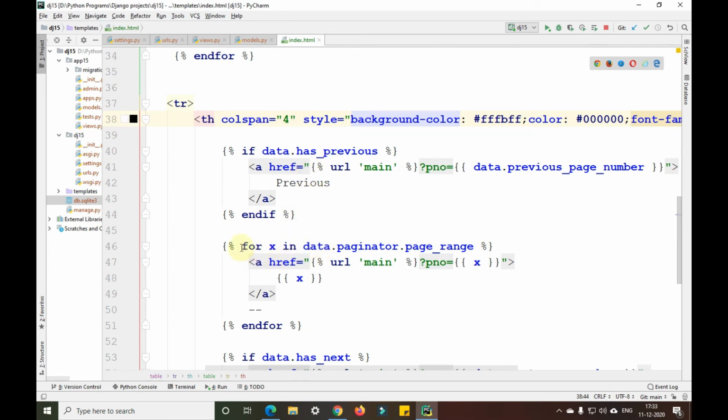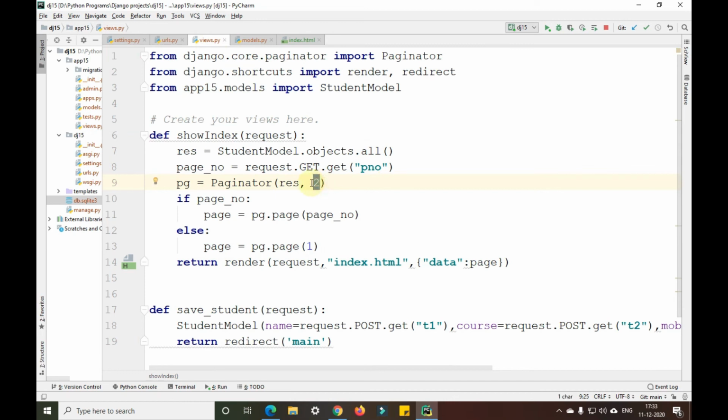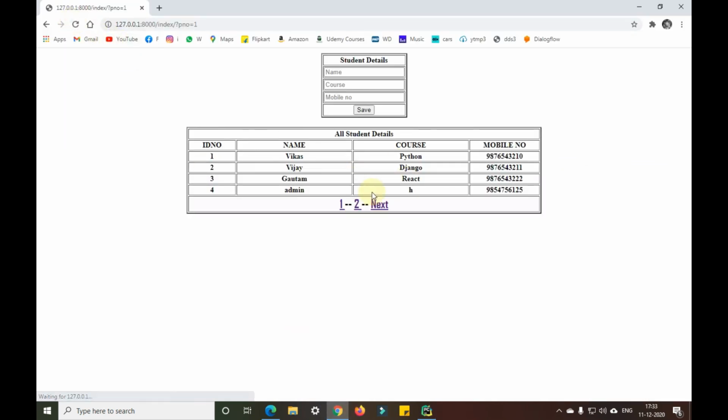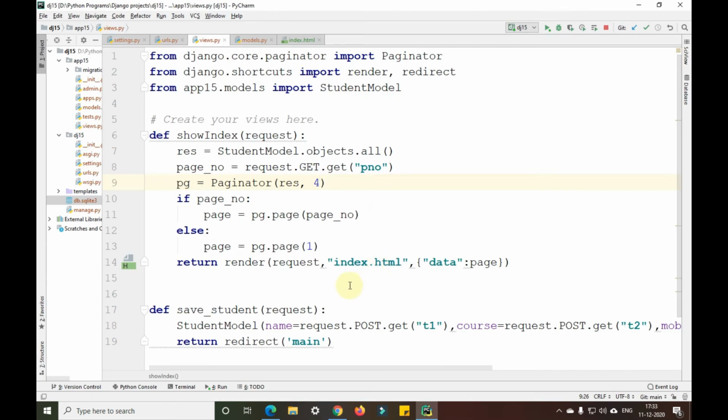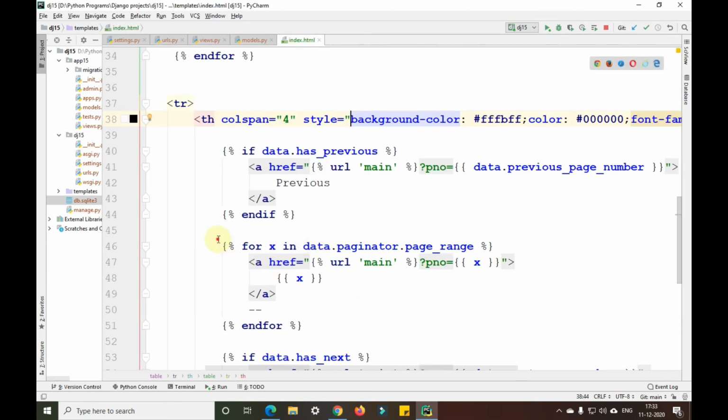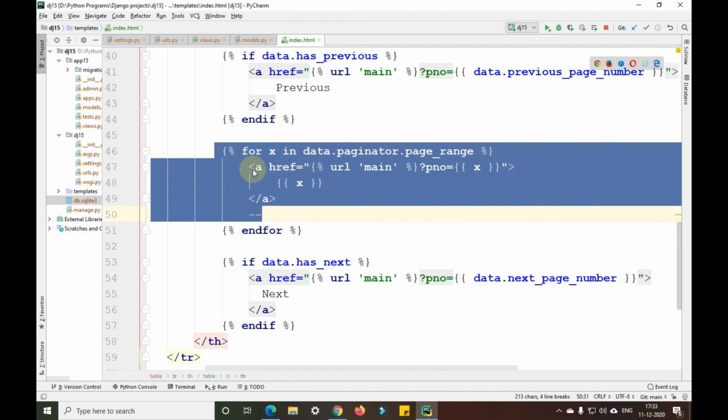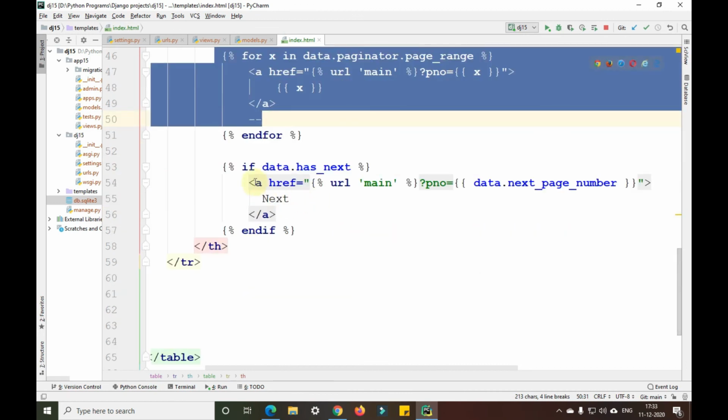Okay. In a similar way, if data has any particular page number, it will count the number of data and accordingly show us the page numbers here. It changes automatically if we change the number of values in that particular page. So if I change this to 4 and then refresh this page, it automatically changes to 2 pages here. Okay. That is the condition that we have given here. Then the for loop is for the number of page numbers that will appear there. Okay.